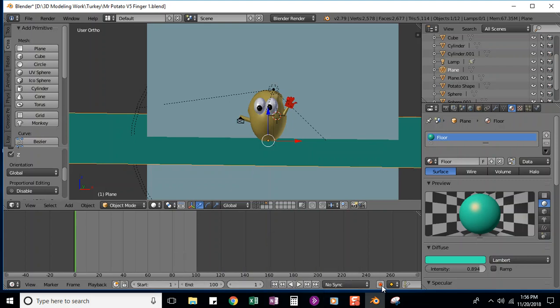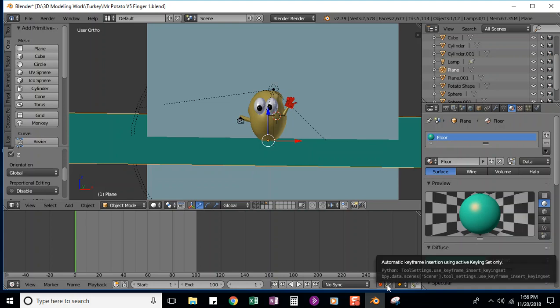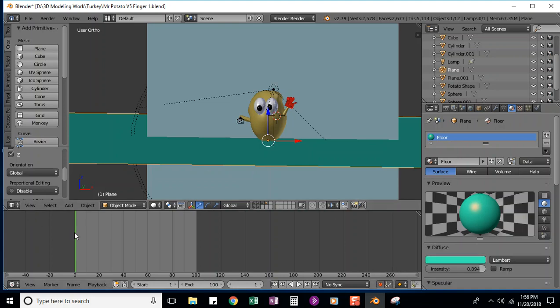Now, down here you have automatic keyframe insertion. Click on that, okay? And click on that. All right, every time I move him, it's gonna set a keyframe. So this will be my first keyframe, okay? So I'm gonna move this over a little bit, and then I am going to go A, whoops, no,